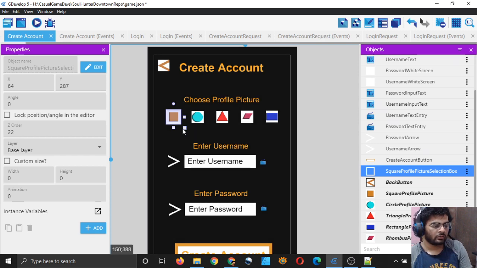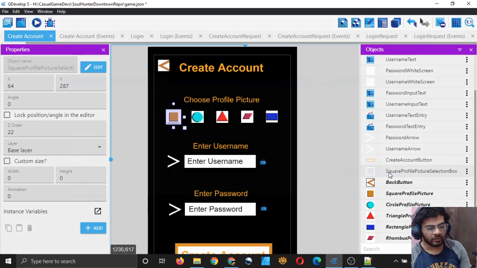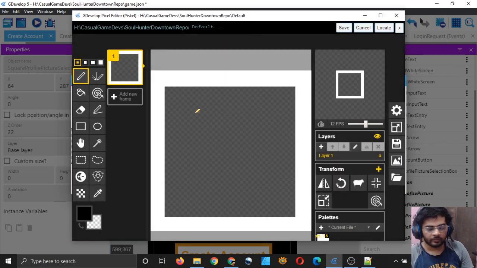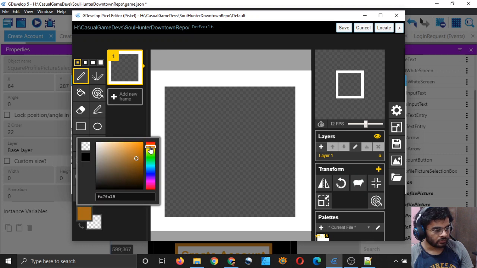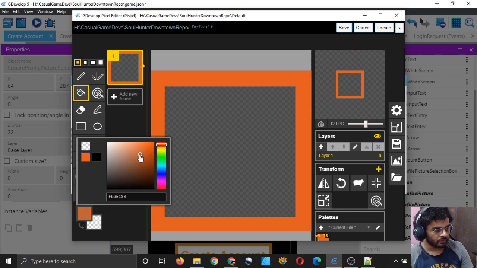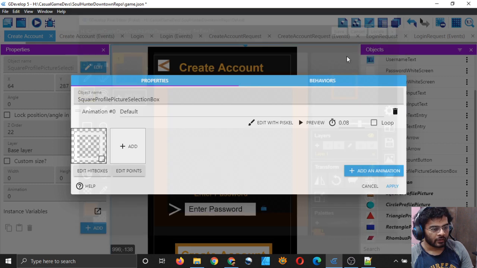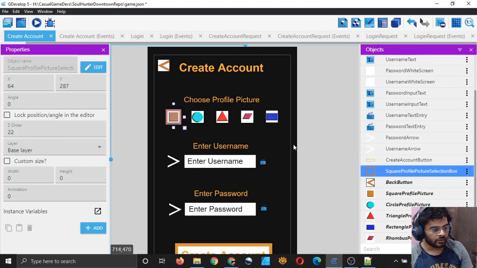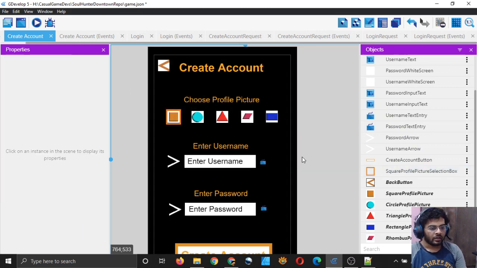So that's looking good, and I think I should make it orange in color so that it's a little bit different from the profile picture. So a little bit orange here, and I will simply paint it in a little bit lighter, it will work better. Yeah, save and apply. That's looking good. It will simply signify which one the player has selected, and I will need 1 2 3 4 5 of them,